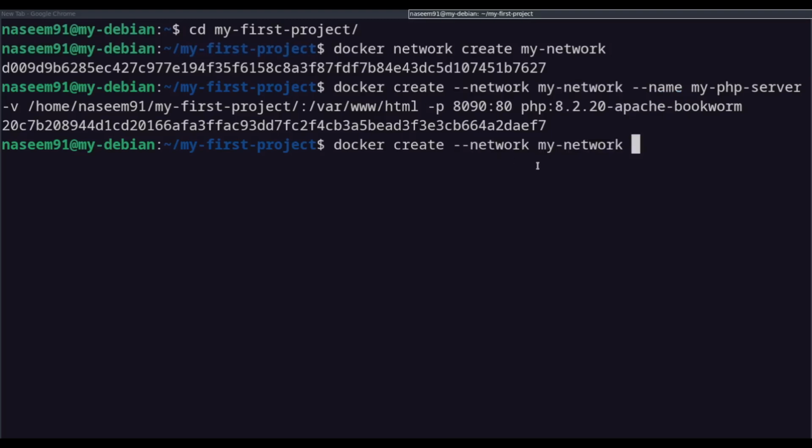After that, I will add the name. Let's say mariadb, and then I will add the volume db1: and then I will specify the place where mariadb is going to store the data inside of the container. I will open the documentation